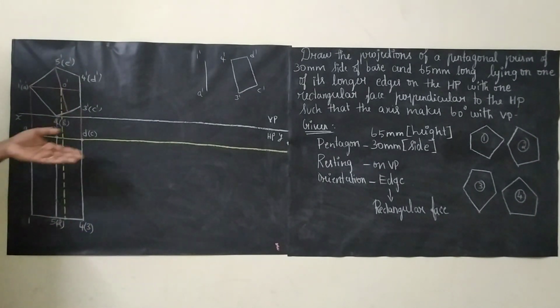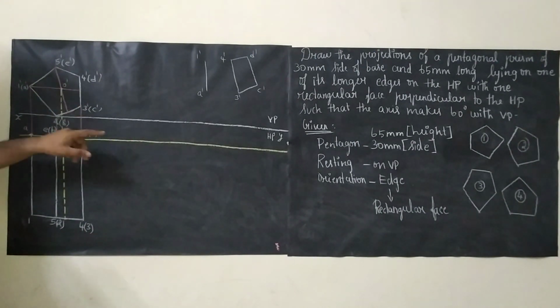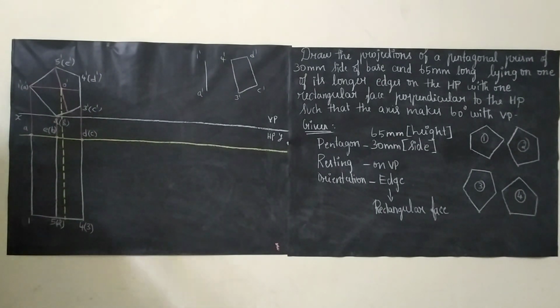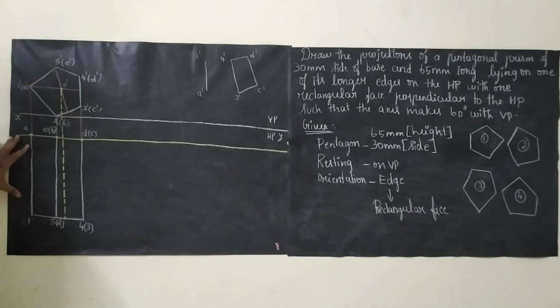From now on, we will be dealing with only this reference line. With reference to this line, you have to draw your front view and top view. When you see from the top, we will be getting the rectangular face. So the axis length, the height, is clearly given as 65 mm. For 65 mm, we draw this box. And naming is very easy, right? If you want, you draw these lines, or else you can use your scale. Just use your scale and mark a point here, here and here. These lines should be drawn very, very light, with a 2H pencil.